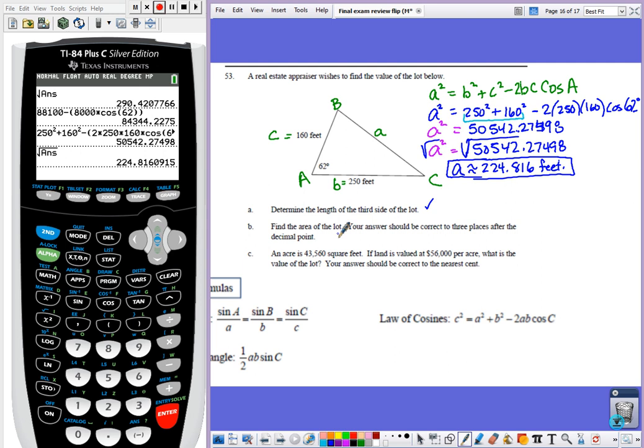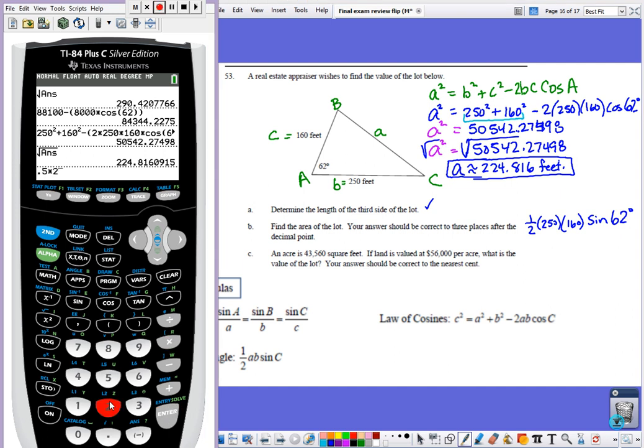We need to find the area of the lot. In order to find the area, we need two sides, 1/2 times the two sides times sine of the other angle. So I would use 62. So sine of 62, that's angle A. So we want B and C right here. So B is 250 and C is 160. If we multiply that out,